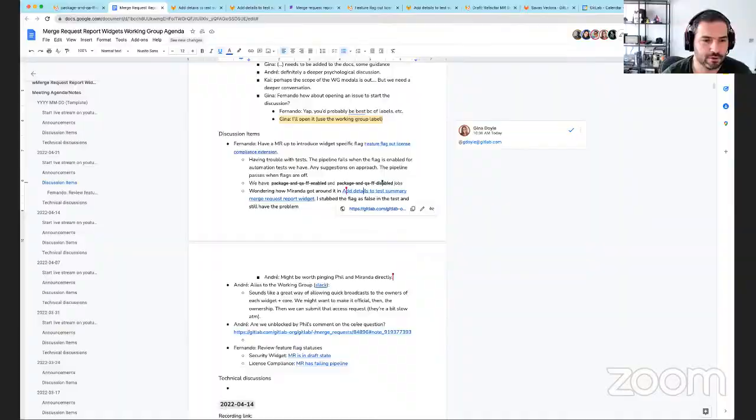Cool. Sure. The next point was something that you pinged us on Slack, Fernando, and I wanted to bring it up here to see what everybody thought. Having an alias for the working group, I feel like there are two kinds of aliases. One is Slack user groups, and the other is GitLab aliases. I don't know what to call it. Do we feel the need for it? I can totally see the way that it's easier for just quick broadcasted messages to all the owners of widgets,